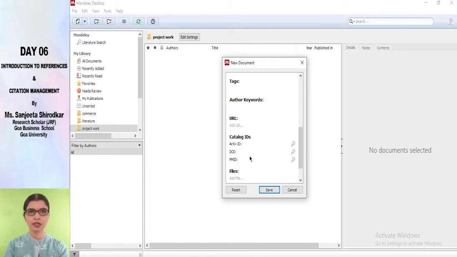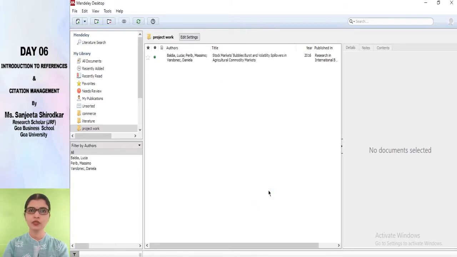So if you are writing an article for one of such journals which want you to add URLs, links or the DOI, then you must fill in those details over here and then click OK. With this click, you would see that the article has appeared over here. This is one way of adding references to Mendeley.